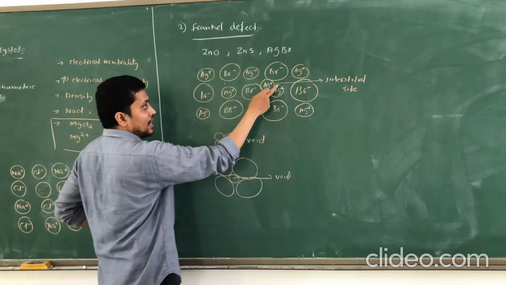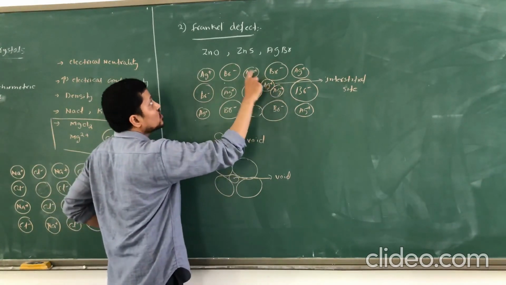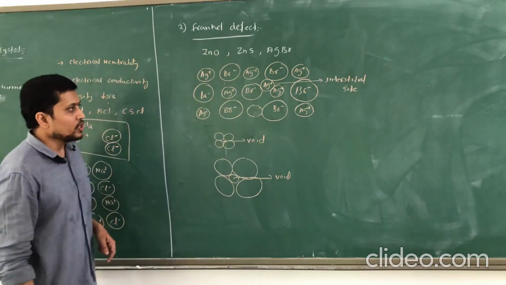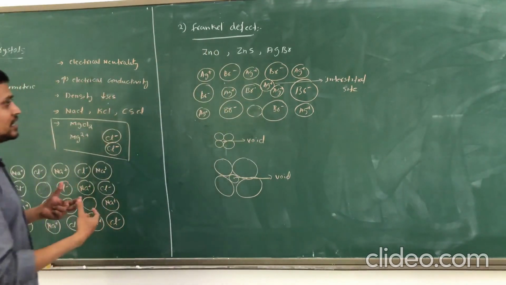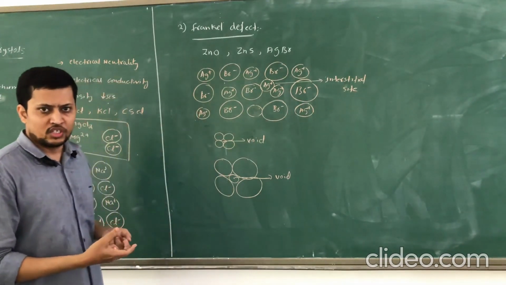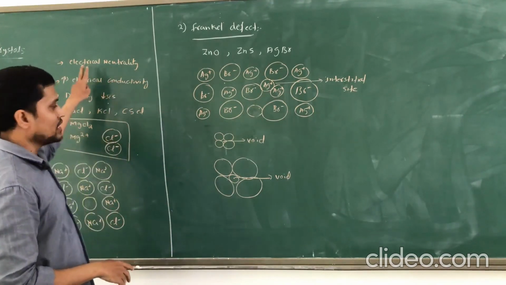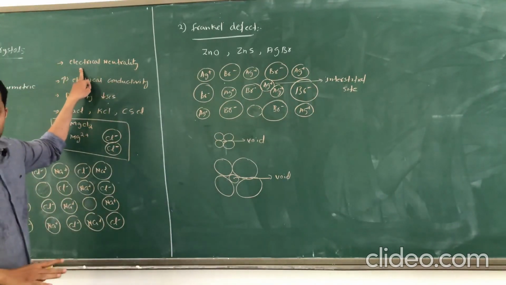So based on that, a defect is produced in the given crystal, and this defect is called the Frenkel defect. In the Frenkel defect, when we consider electrical neutrality, the number of anions and cations is anyway equal. There is no change. They are only occupying the interstitial site. That's it. So we can say electrical neutrality is maintained as such.